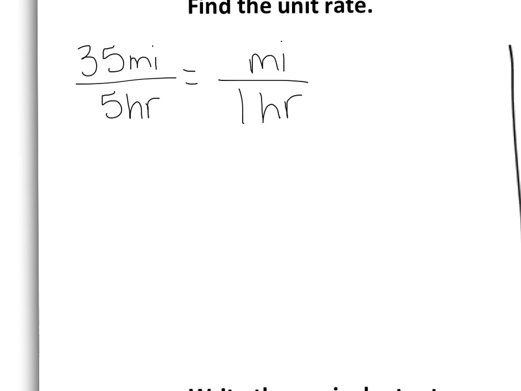So what you're going to end up doing every single time is dividing your numerator and your denominator by whatever your denominator is. So in this case, my denominator is 5, so I'm going to divide my numerator by 5 and my denominator by 5. So my unit rate would be 7 miles per 1 hour. Pretty simple stuff. It's not usually too tricky. For the next one, let's look at